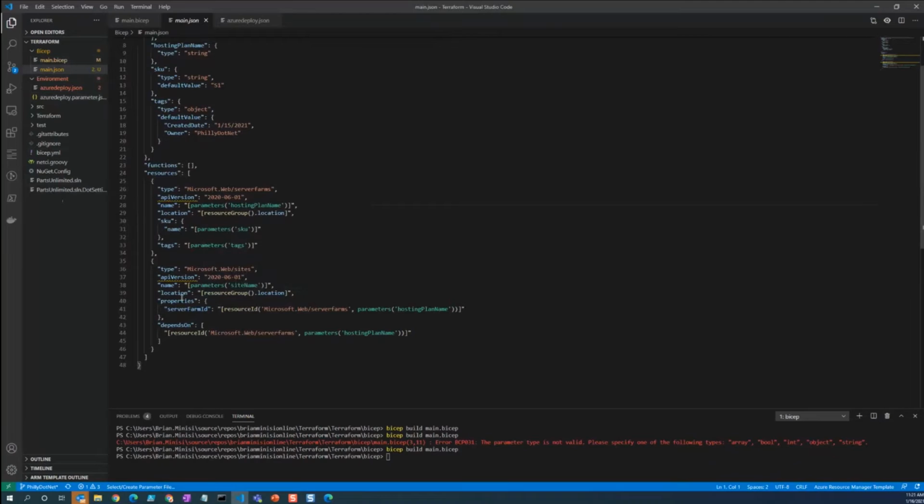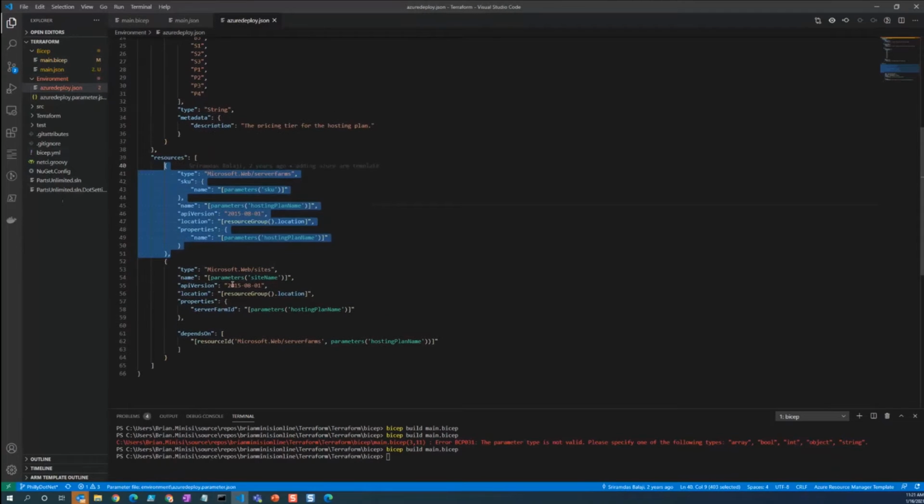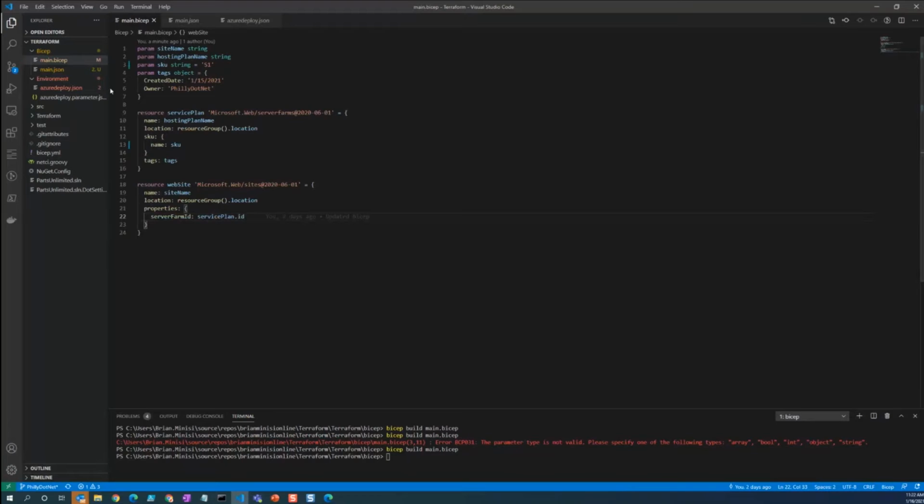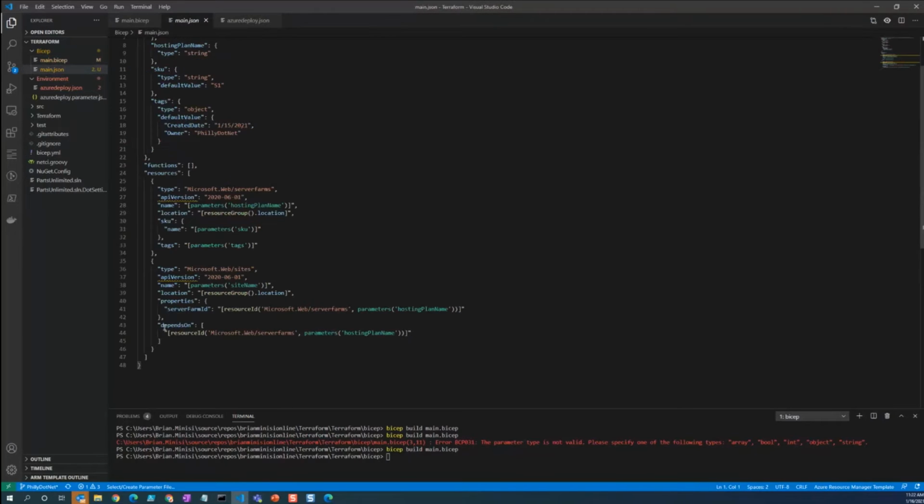So we could just take this ARM template and deploy it just like we would deploy any ARM template. A couple things that I want to show you here: in our regular ARM template, we have to tell it what to depend on. We have to tell it that we need the app service plan created before we create the app service. That's why we have this depends on pointing to the resource ID of this type right here. In our Bicep file, all we had to do was tell it what the service ARM ID is, and it automatically generated that depends on for us. So we didn't have to go and write that.